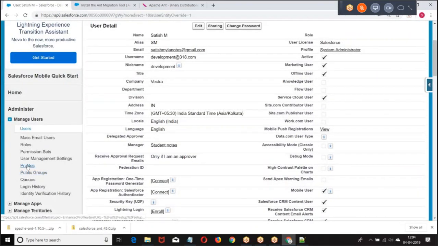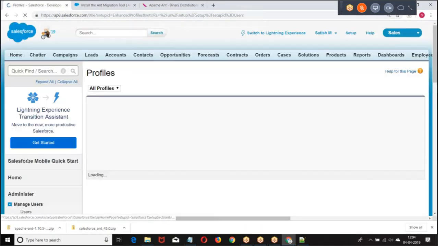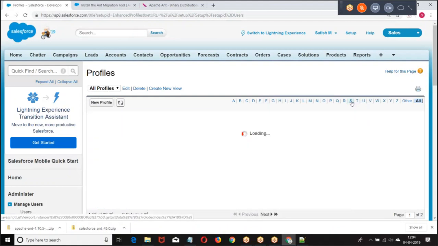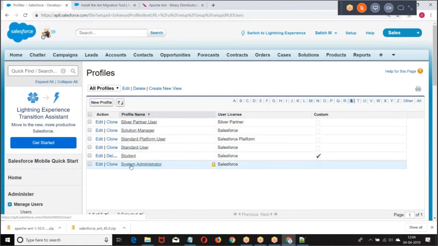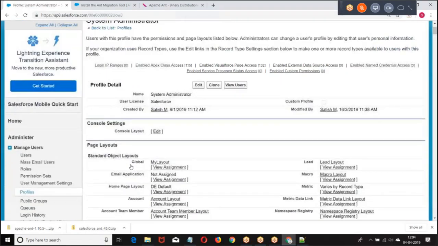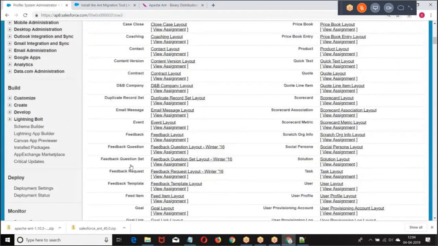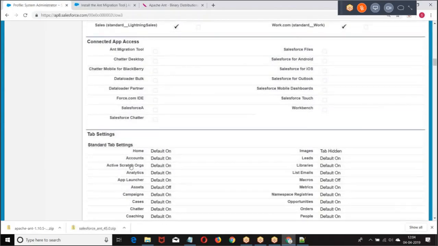Then go to profile. If the profile is not allowing all IP addresses, what are we supposed to do? Password plus security token.